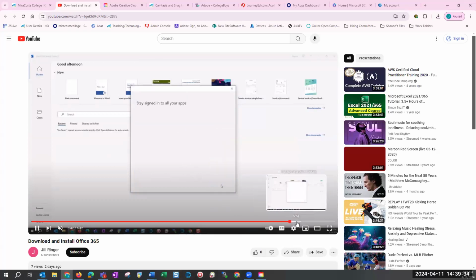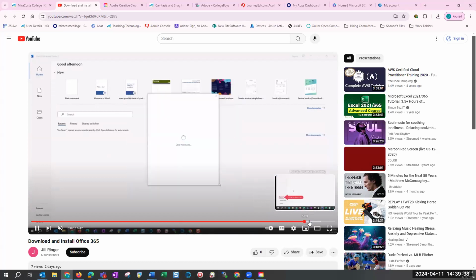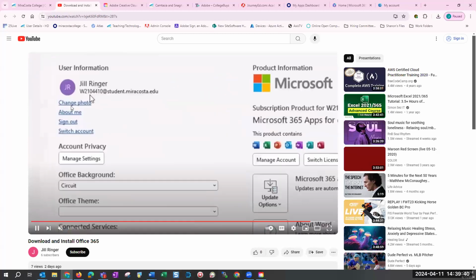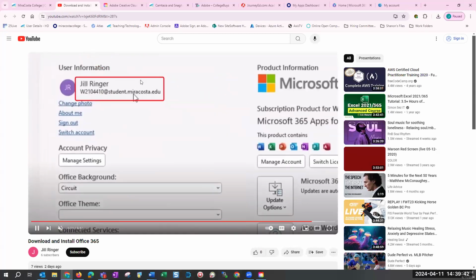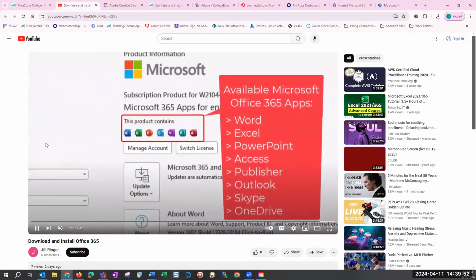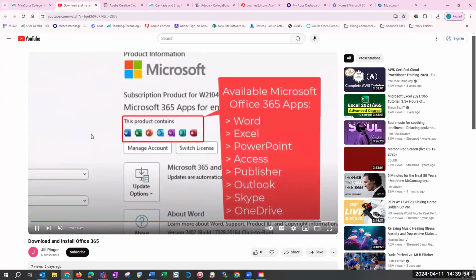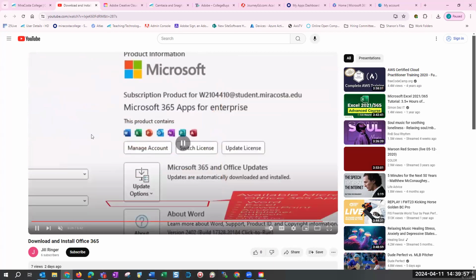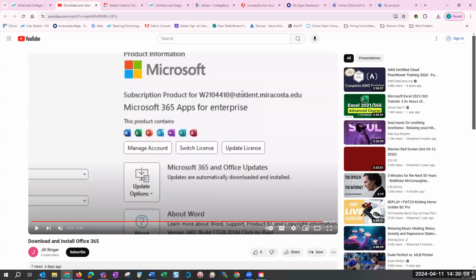Then that goes into more install, and then you click on next. And then in Office, you'll see your email address there, and you'll see the apps over here. And that is how you download, install, and license Office.